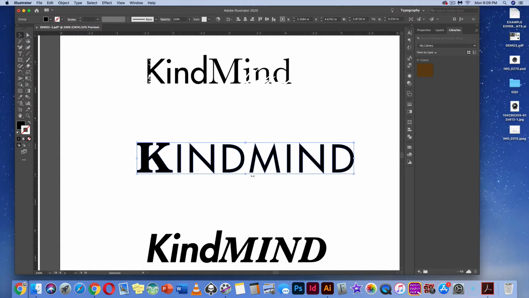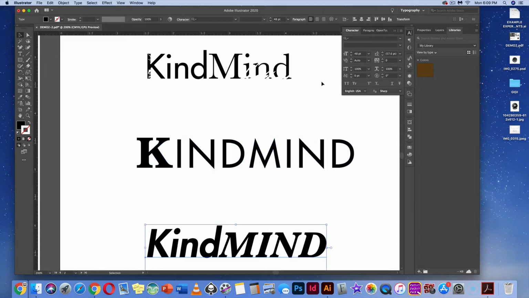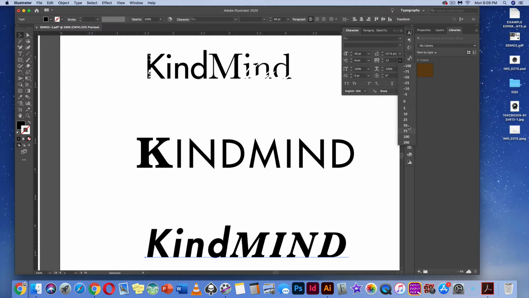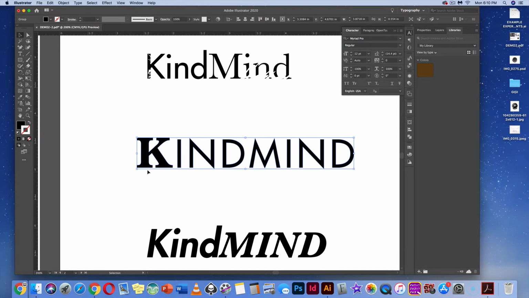So if you want to work with your mechanical letter spacing by using your character tool and changing your kerning here, or changing your interletter spacing or tracking here, we can't use that once we create outlines. So for example, if we go down here and I want to track that out, I can make the space much larger. But now that I've created outlines, I can't do that. What I want to do first is